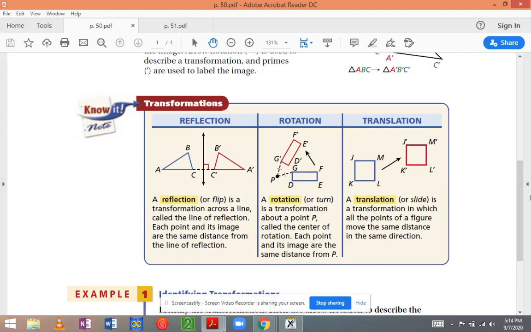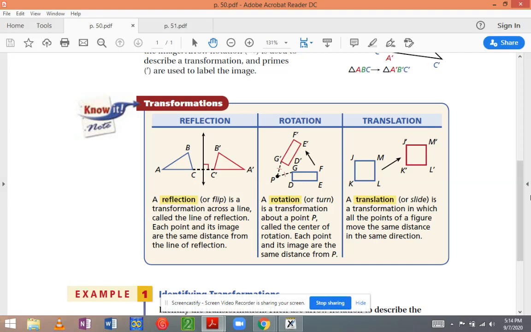The second type of transformation we're going to look at today is the rotation. So you see that figure in the middle there. A rotation is also called a turn. In this case, the blue pre-image is rotated about a point to end up with the red image. So D is mapped into D prime, E is mapped into E prime, F is mapped into F prime, and G is mapped into G prime, as well as all the other points on the pre-image get mapped into individual